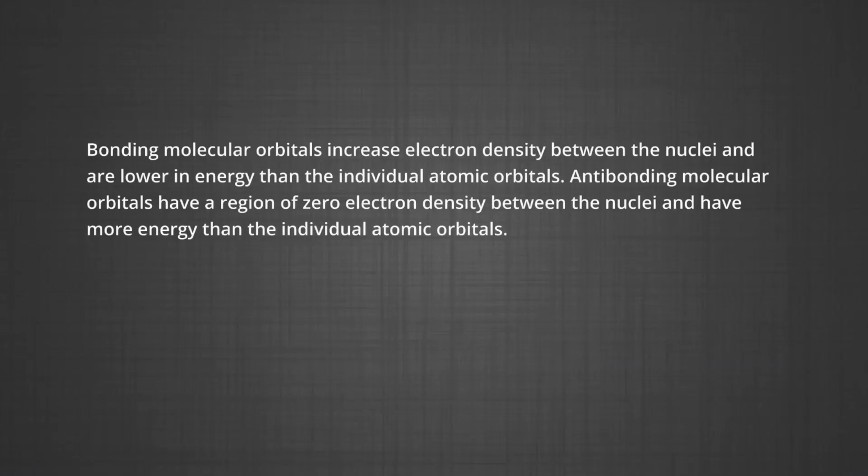Bonding molecular orbitals increase electron density between the nuclei and are lower in energy than the individual atomic orbitals. Antibonding molecular orbitals have a region of zero electron density between the nuclei and have more energy than the individual atomic